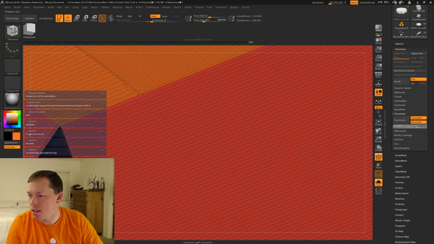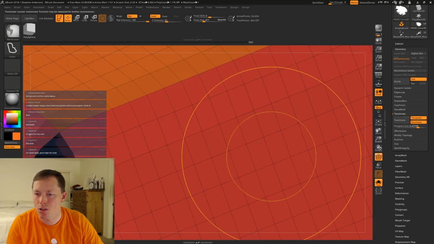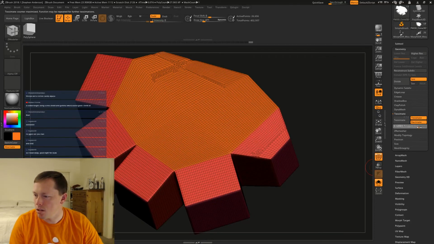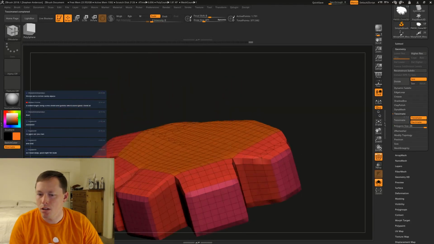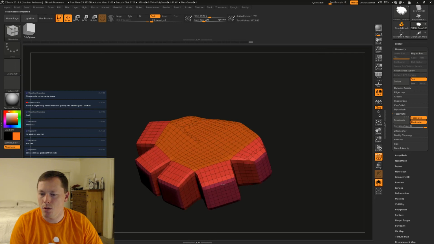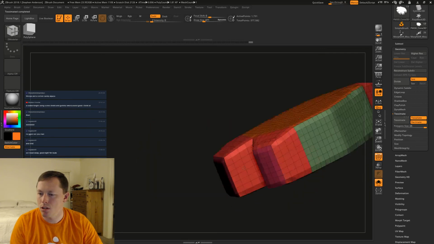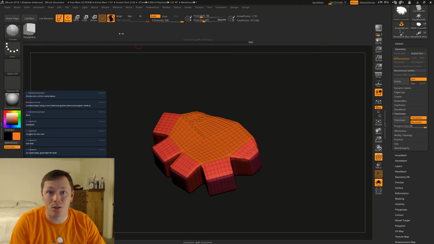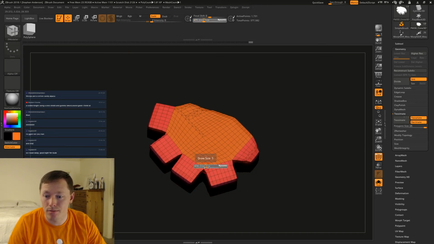Polygon size. I think if we make it bigger, sweet. Okay, now we're in business. Okay, so now what we can do, let's go ahead and start sculpting.